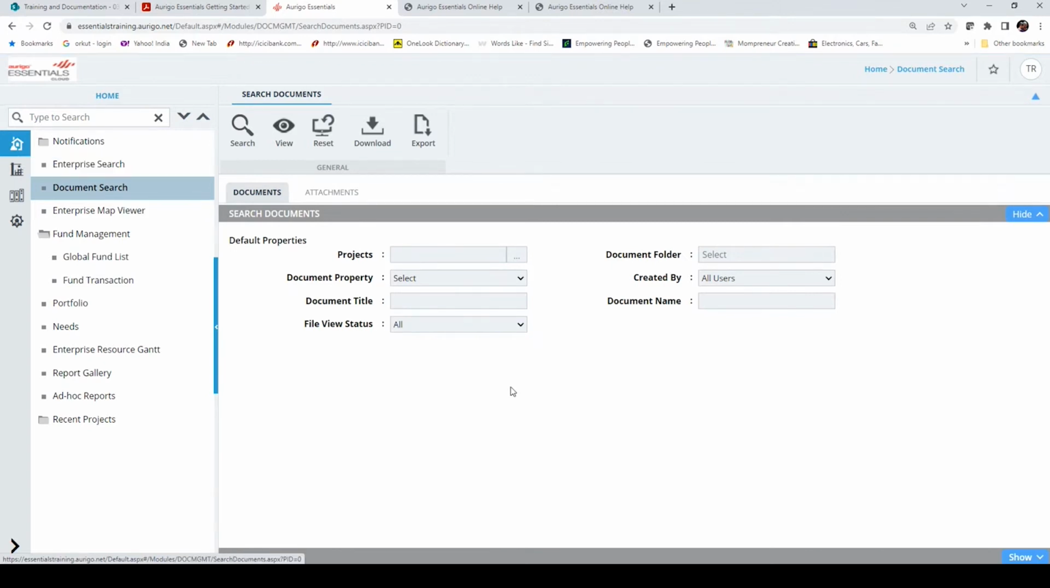So this is document search. As I mentioned earlier, Essentials is a very good record keeping tool. So you can manage tons and tons of documents within the Essentials application. As the name suggests, if you have tons and tons of documents within the application and you want to see